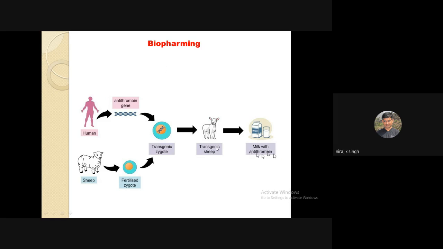So how can we get antithrombin protein? We have to take the antithrombin gene and incorporate it into the sheep zygote. This sheep zygote will be implanted into the mother. Subsequently, the newborn sheep will be produced. This newborn sheep has the genetic material of the antithrombin gene. This sheep will mature and produce milk. This milk has antithrombin proteins. So consumption of these proteins can be used for the treatment of heart attack as well as